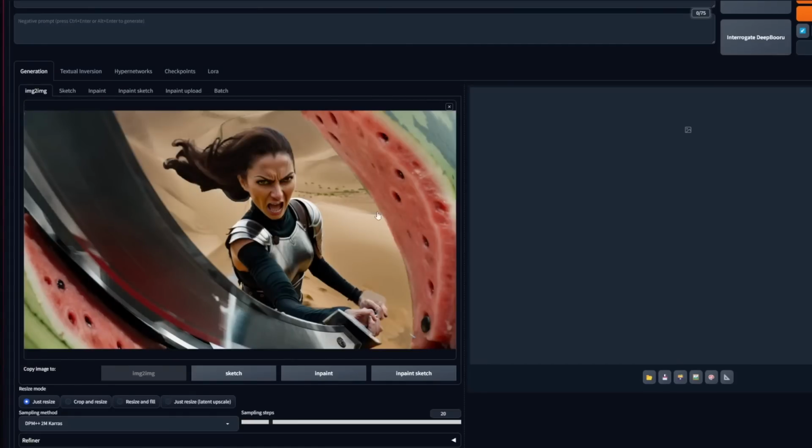Okay, after some inpainting, we have successfully added every single thing we wanted in the image. But everything feels disconnected right now. We will be fixing that in the iterating step. Drag your current version into image to image.